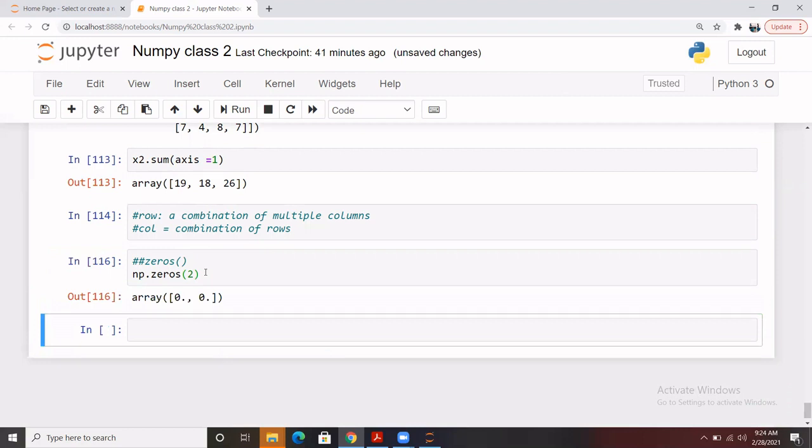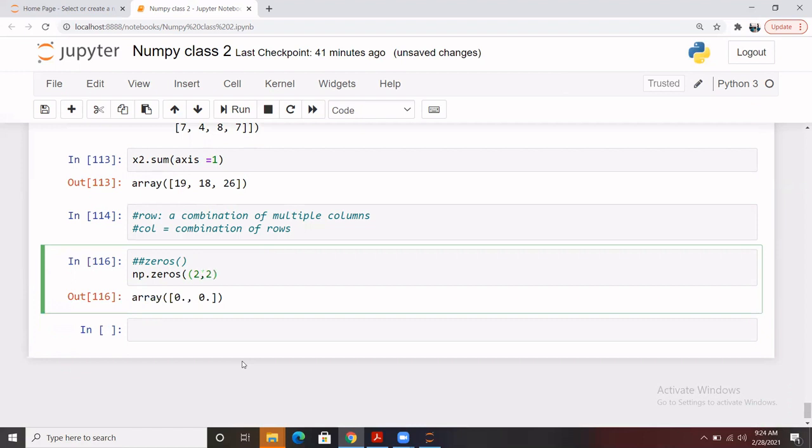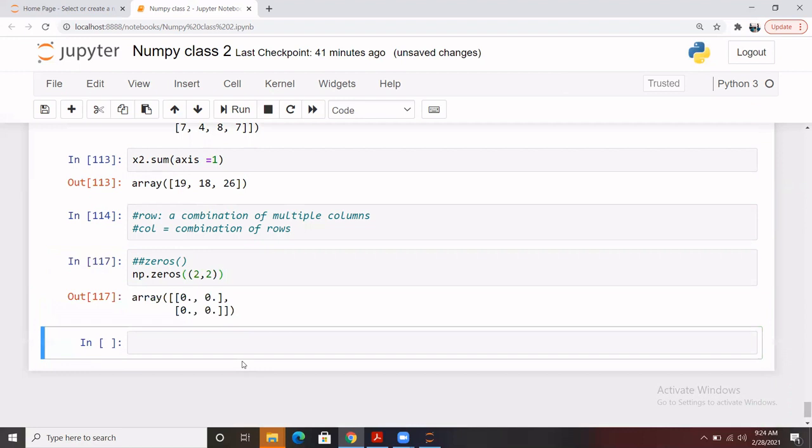Yes, here I have given it, and I have to pass one more parenthesis here, then it will work. Okay, so you see that we have created an array which has all zeros. In case you pass 2 by 2, it gives 2 rows 2 columns with 0. In case you pass 2 by 3, it will give 2 rows 3 columns with the value 0.